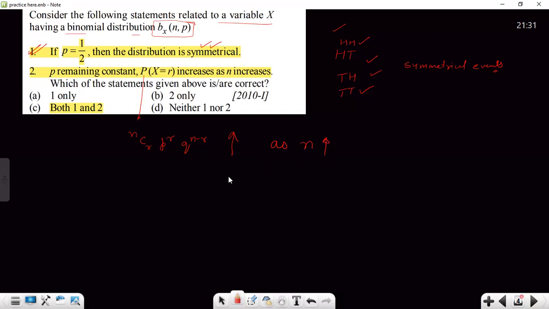So what is asked is whether the probability distribution will increase or decrease when we increase the number of trials. We may understand it from the fact that